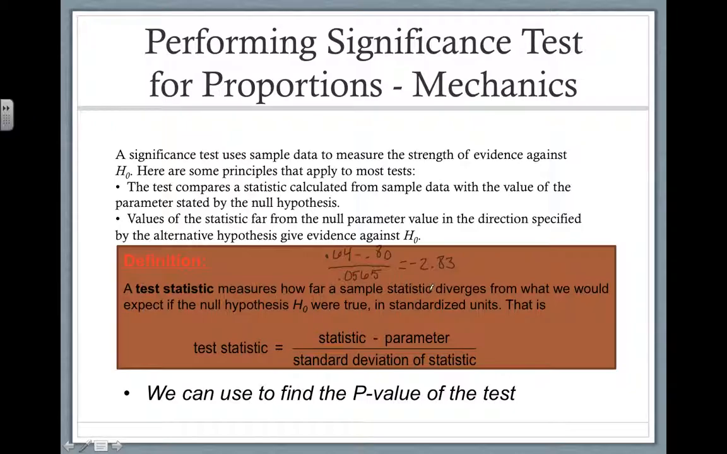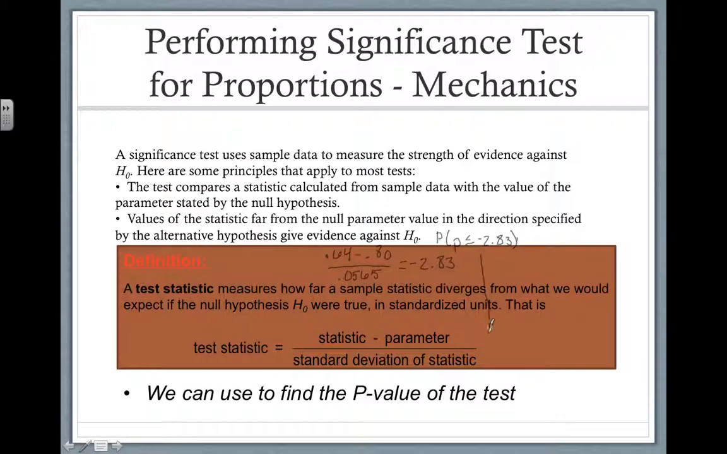Okay, so that's like a z-score here. It is a z-score. So what you're wanting to do is find the probability that your proportion is less than or equal to negative 2.83. Okay,